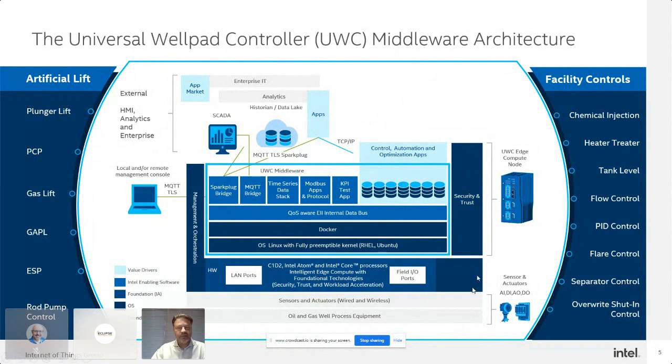This slide shows a lot of things, but you can read it yourself if you have access to the slides afterwards. There's essentially a computer in the field that has a fairly modern edge software stack, which includes a preemptible kernel real-time Linux, a container environment such as Docker, Podman, etc. And then some middleware that Intel has been focusing on, which we call the Universal Wellpad Controller middleware,